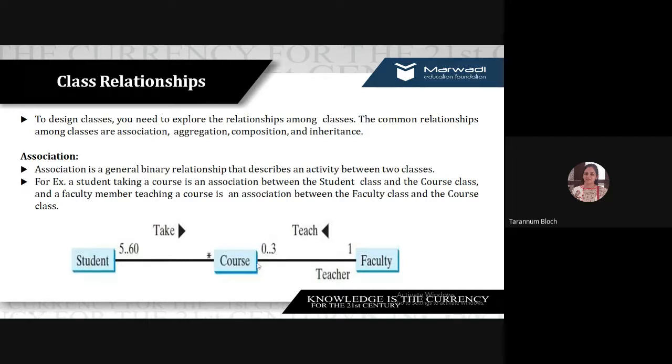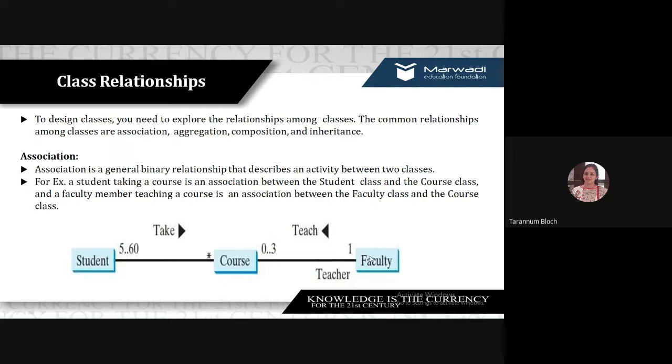Now this course will be taught by a faculty. Faculty teach course. So the role of the faculty is teacher. Faculty will also have data fields because faculty is now an object, and if it is an object, it will have characteristics. So if we convert it into a class, we'll have public class Faculty with the data fields: integer faculty ID, string faculty name, java.util.Date joining date, string specialization, which is the degree of the faculty, and the experience also.